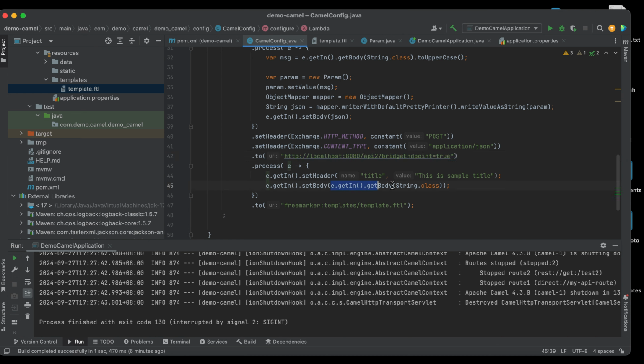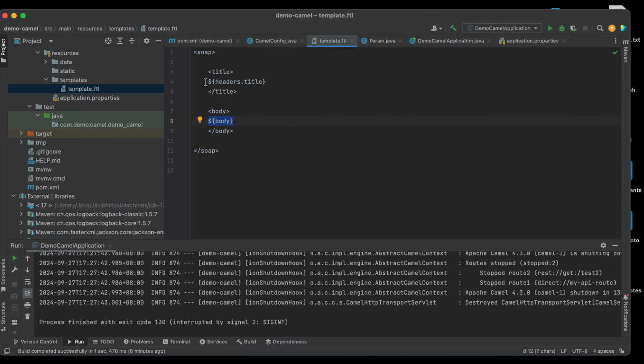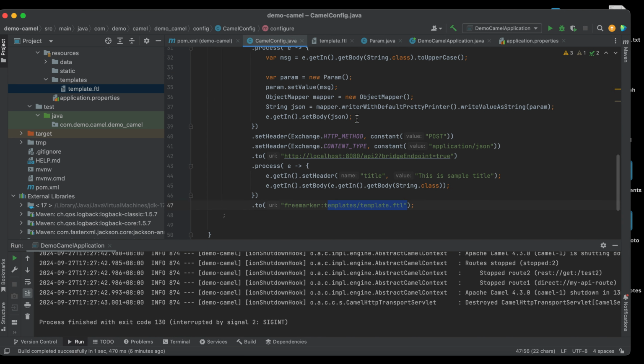After setting these two parameters, the Freemarker framework, this Apache component, will load this template and replace the header, title, and body tags with the actual values we pass here.